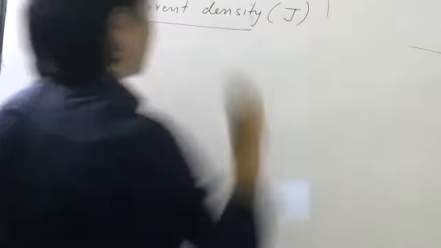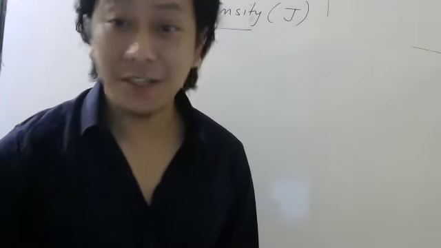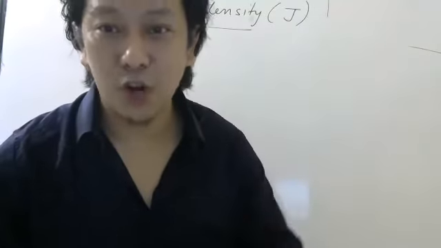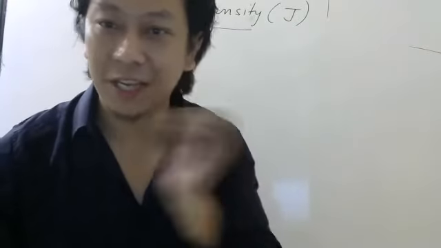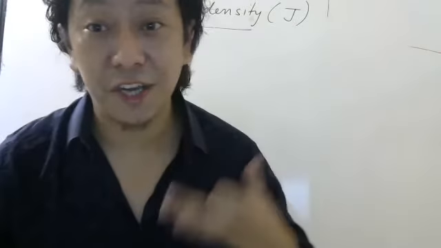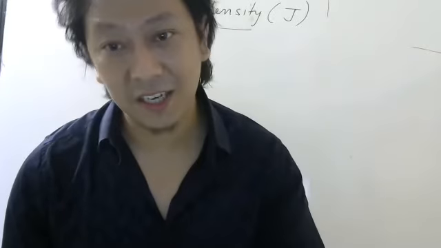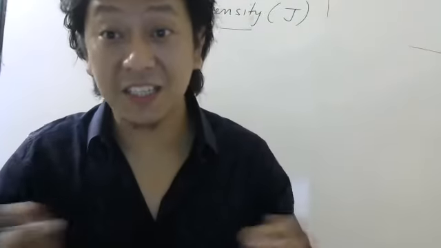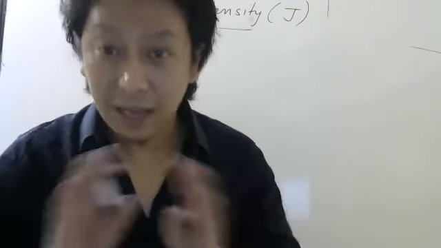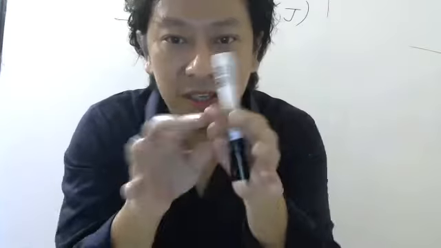The symbol we write is J. Current density. Now, density alone, if I say, what does it mean? Mass by volume, right? All of you know this, density only if I say, is mass by volume. Very good, Livita has answered. Similarly, if I say charge density, it means charge by volume. If I say simply charge density, it is charge by volume. If I say linear charge density, it is charge by length. Like that, we have the word. However, current is not something which you can put in a volume. Yes or no? Current is not potato or tomato. Not potato, tomato, you can put in some volume.